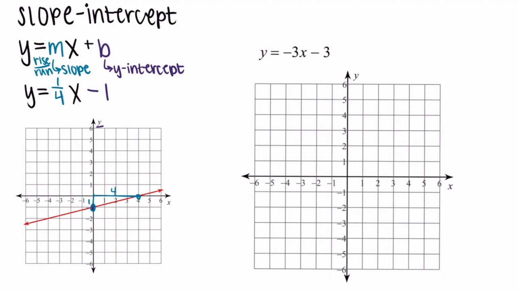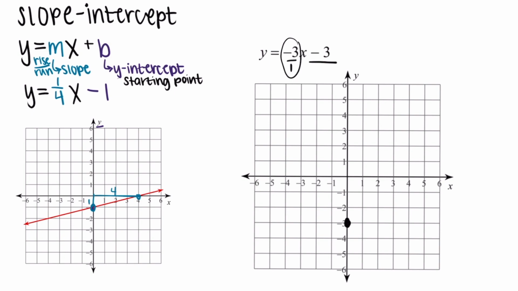So let's use that for this second example, where we're given the equation and we are going to graph it. You might have noticed with that last one, we can always start with our starting point, which is always going to be that y-intercept. That will always give you your first point on your graph. So in our example here, our y-intercept is -3, so we're going to put our first point on our y-axis at -3. Then from there, to find your next point or points, you're going to use your slope, the number